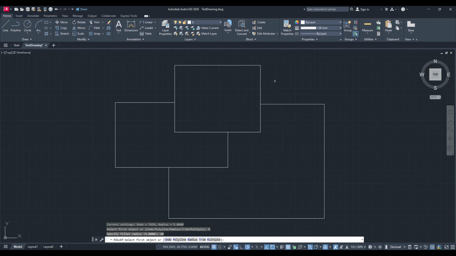With your radius now set, it's time to select the sides of the corner that you wish to fillet. Click on the two lines or segments you want to round off, and AutoCAD will automatically apply the fillet based on your chosen radius. This selection is where the magic happens, transforming sharp corners into smooth arcs with just a